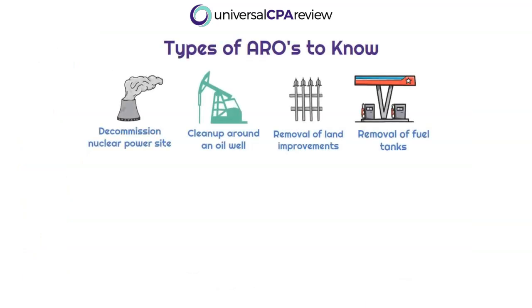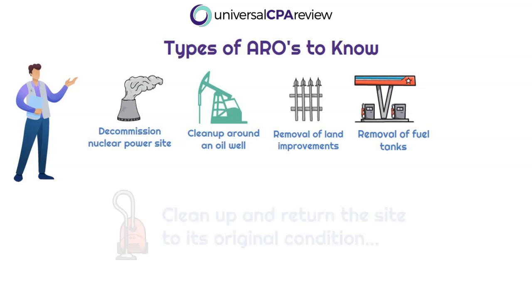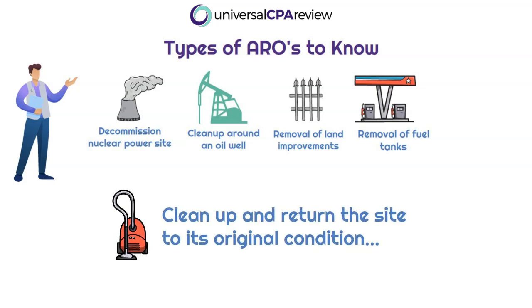So on the screen are several different types of AROs to know. We can see decommissioning a nuclear power site, cleanup around an oil well, removal of land improvements, and removal of fuel tanks. Way back when, asset retirement obligations started with decommissioning of nuclear power sites. But since then, US GAAP has added other examples that basically say if you operate in an area and you damage the land or change the land you're on, then at the end of the period or the end of the useful life of whatever business it is, you need to return or remediate that land